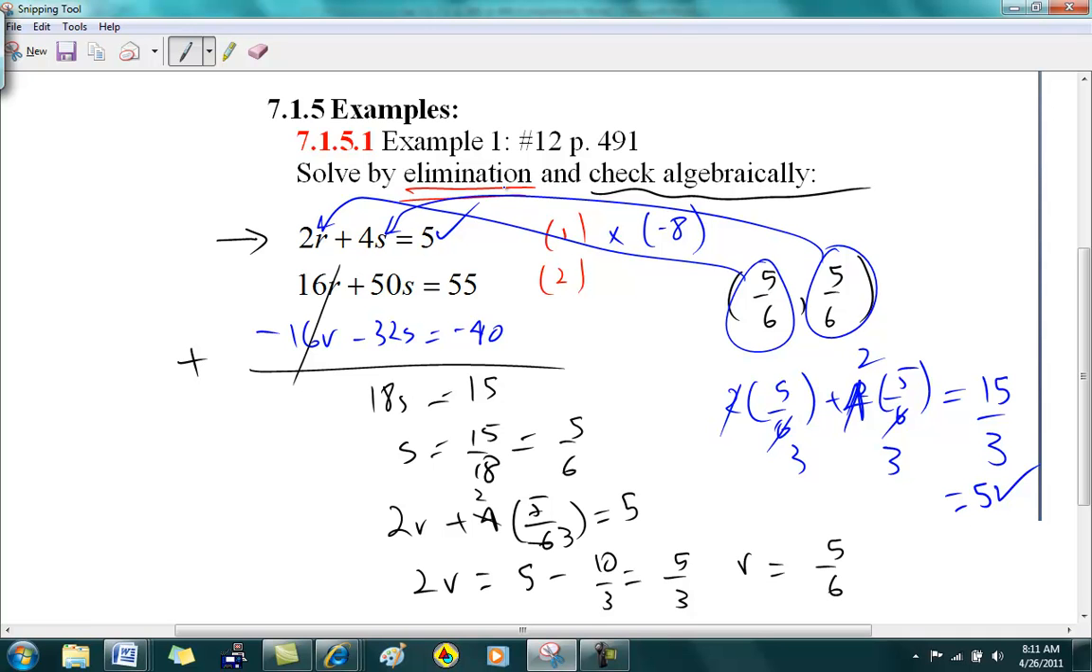You also need to go check in the second equation. Do not just rely on working on the first equation only, because you don't know what might happen with the second equation. So going and checking that out, you get 16 times 5 over 6 plus 50 times 5 over